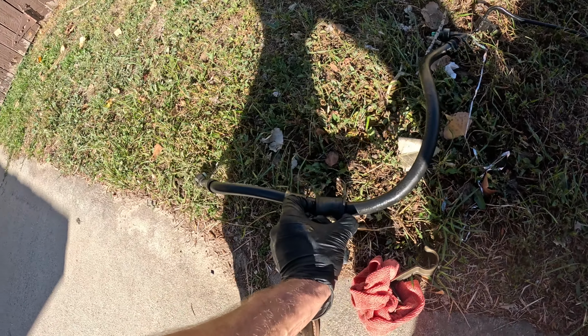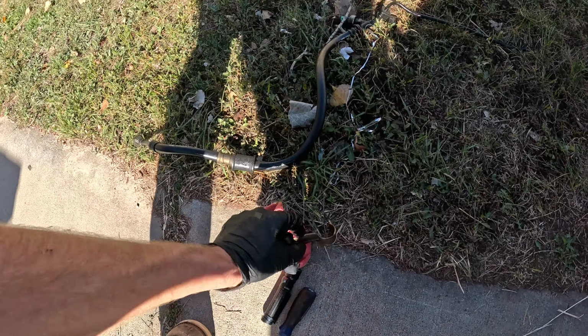And I've got to get this little bushing off, so I'm just going to cut this because I already put that other line on. Just slice it, and then we'll put that on in the other brackets and that sensor. And then we'll bleed it, so probably 20 minutes. Okay, literally